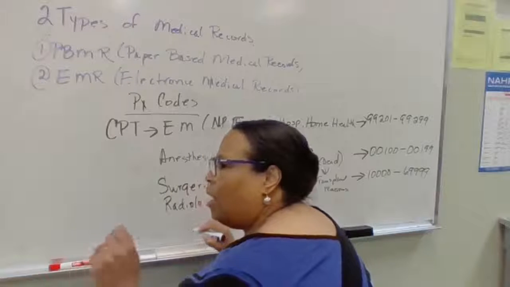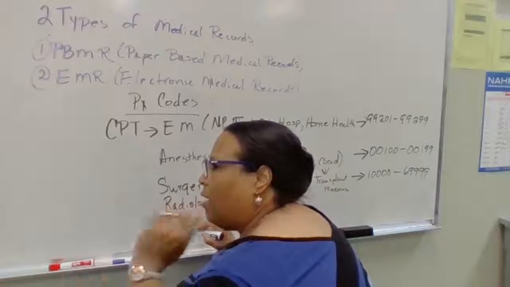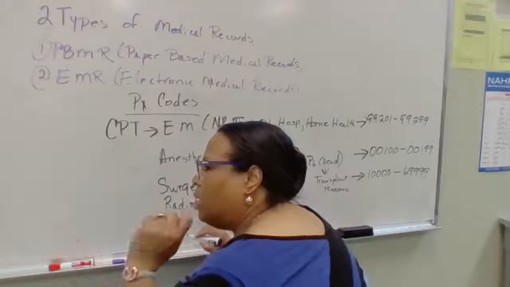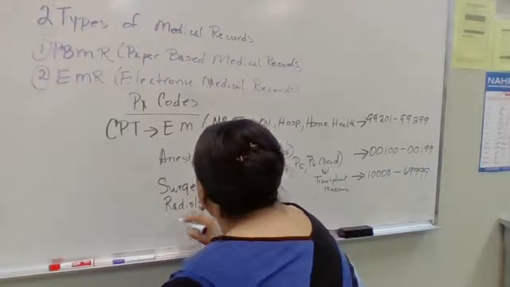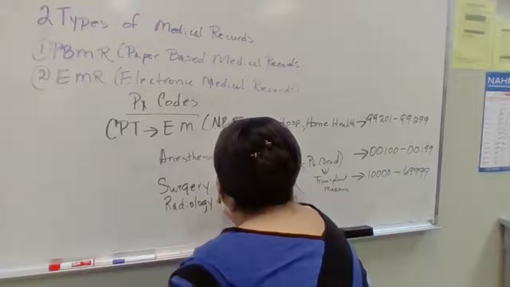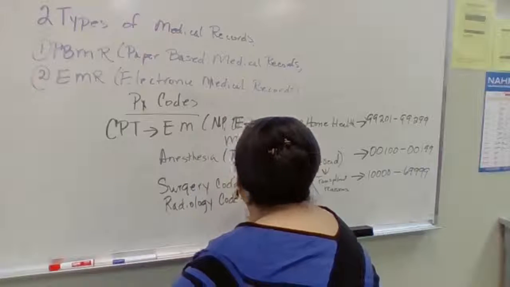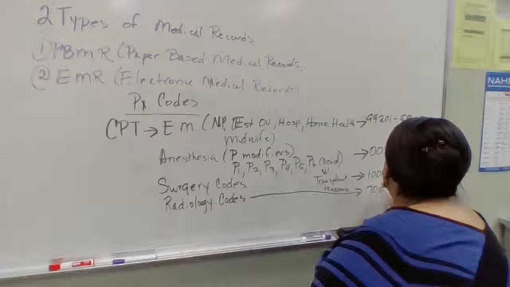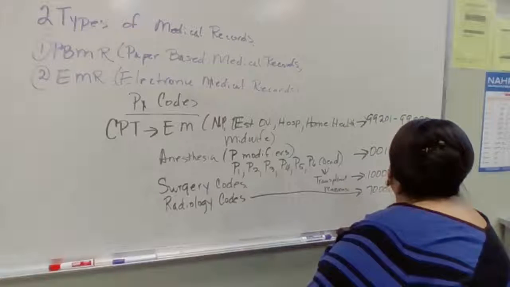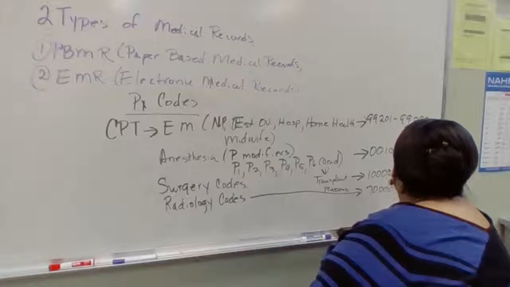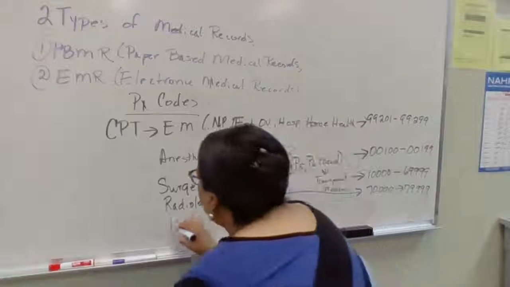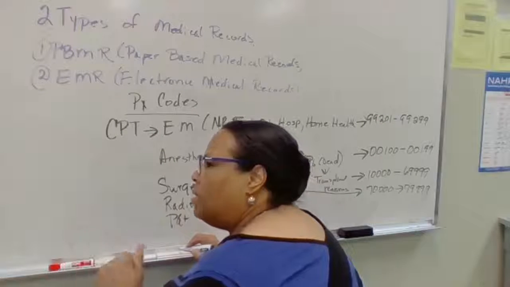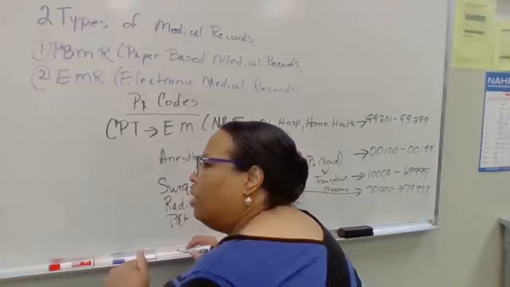Okay. Then you have your radiology codes. That's like your X-rays, your MRIs, your PET scans, your CAT scans, your echocardiograms, your treadmills, your Holter monitors, all that beautiful stuff. So radiology codes go from 70,000 to 79,999. Pathology is your CBC, your white blood cells, your lipid panel,